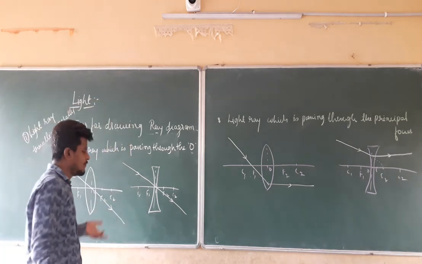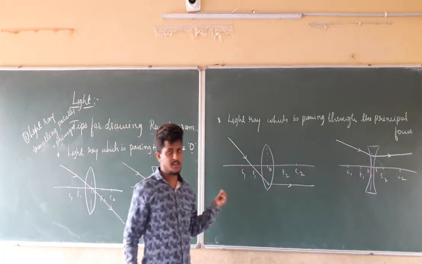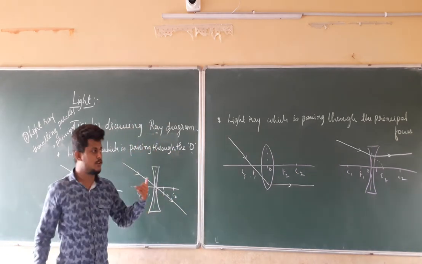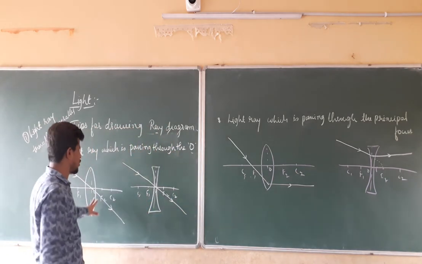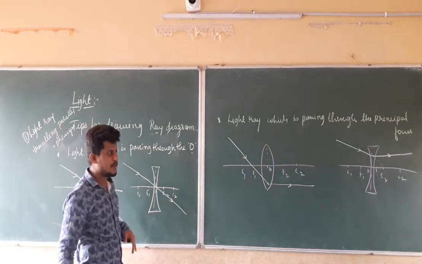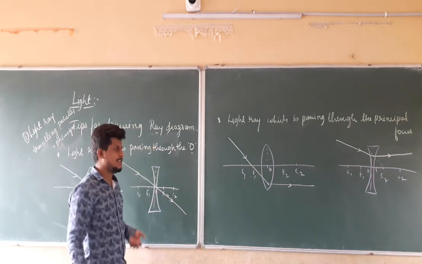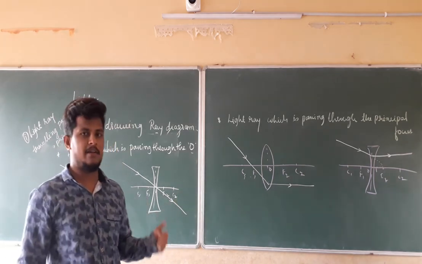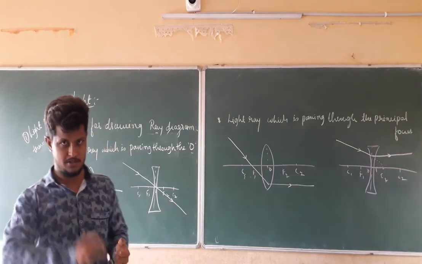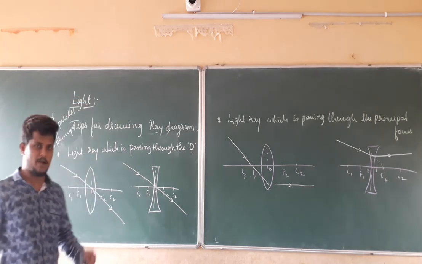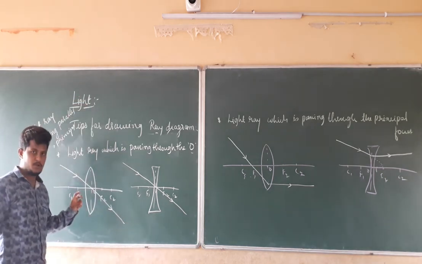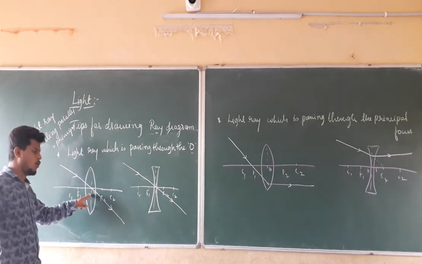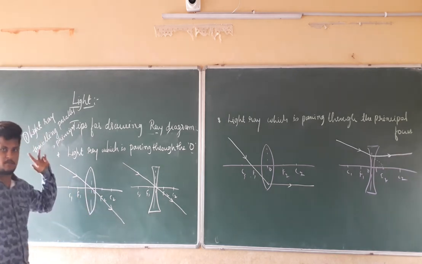These are the things you should follow for drawing the ray diagrams, which we are going to discuss in the next class. We are going to draw 6 ray diagrams for the convex lens and 2 ray diagrams for the concave lens. In that case, we are going to find the position of the images when the object is kept at different positions. Up to that point, you should write down the terms which come in this topic: C, F, O, as well as U, V, if you remember the previous class.